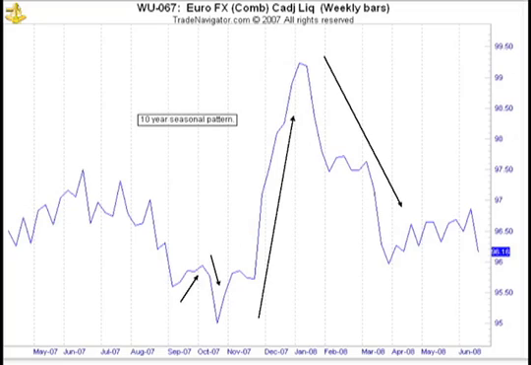Now, the chart in front of us, and I want to make sure everyone can see this. This is a euro currency. This is a seasonal chart pattern, and this is a 10-year chart pattern. It was done in June of '08, so I haven't added to it in the last 2 years, but the one that we use currently has been obviously updated. But I just wanted to use this older chart because it really hasn't changed the dynamics of the average seasonal pattern. What's interesting is that in the 1st of September, we tend to see, and if I can show you